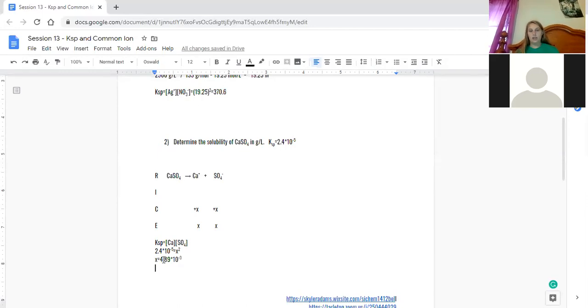So now we know this x value to be able to plug it into this equation if we wanted to, or we just know that that's going to be equal to either one of those. And we were trying to find the solubility. Because we have the x value and it's going to be equal to any of them, that is your molar solubility basically. So this is it. Our molar solubility